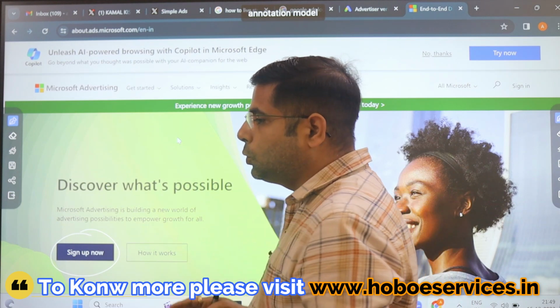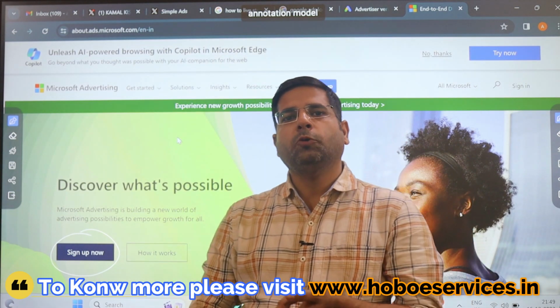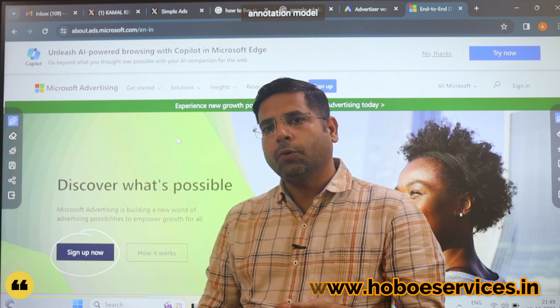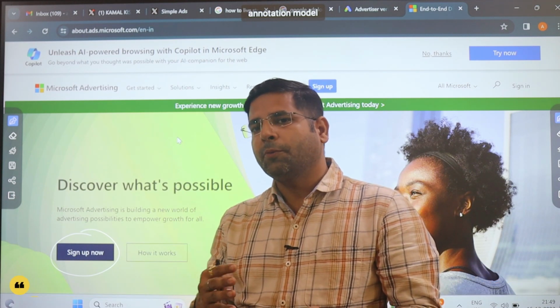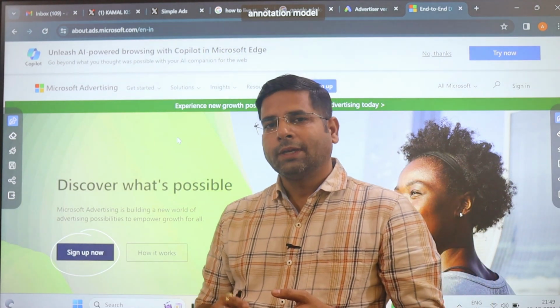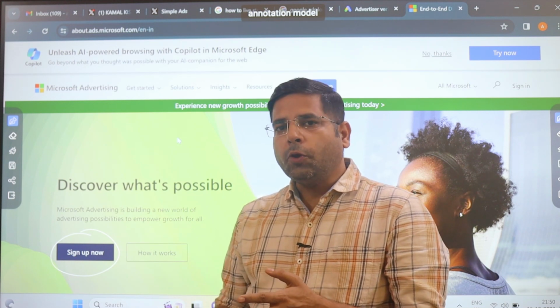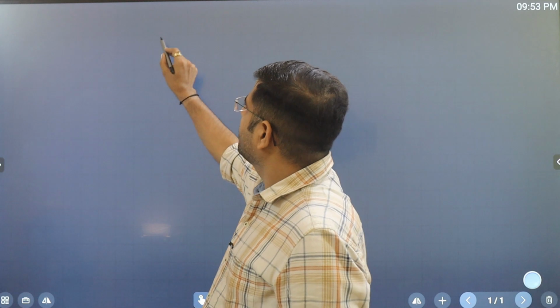There are two options to set up Bing advertisement. First, you create a new ID on outlook.com or yahoo.com, or you can enter with the help of Gmail or your domain-specific email ID. The choice is yours, which one you want to use. Secondly, if you already have a campaign in Google and you want to import it, as you know both platforms are mostly equal. So if we are targeting Bing Ads,